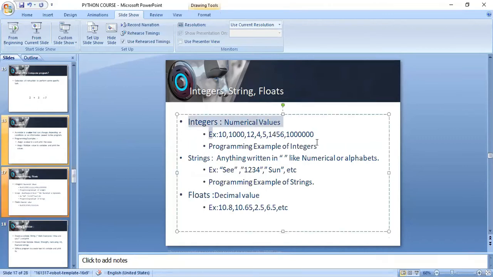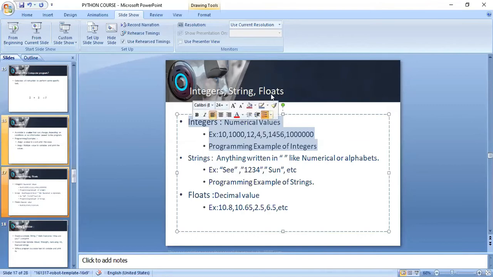So what is an integer? Can anyone tell me what an integer is? Positive numbers and negative numbers including 0. Okay. So basically it means any numerical number, right? Any numerical value assigned to the variables, negative and positive both. Okay.